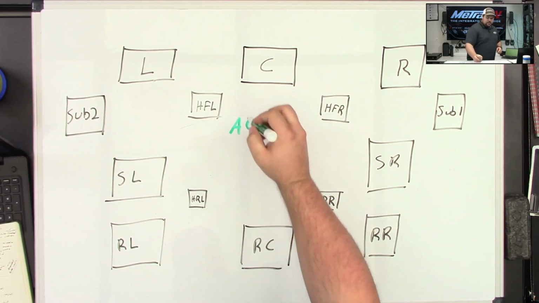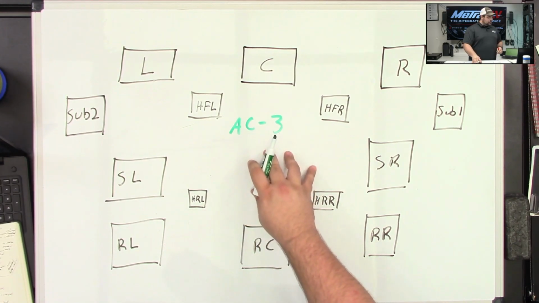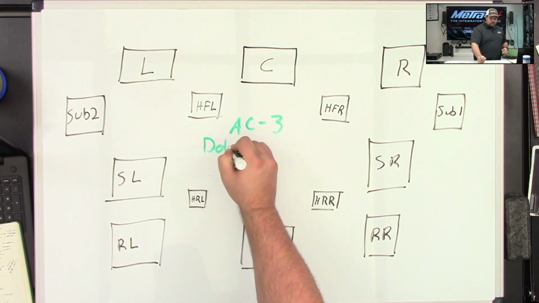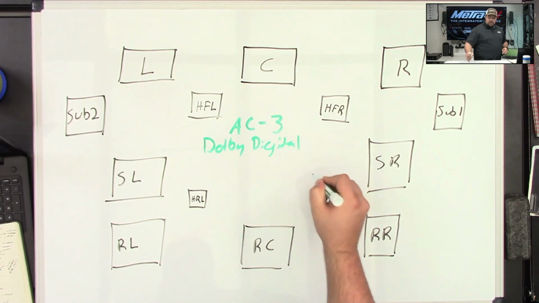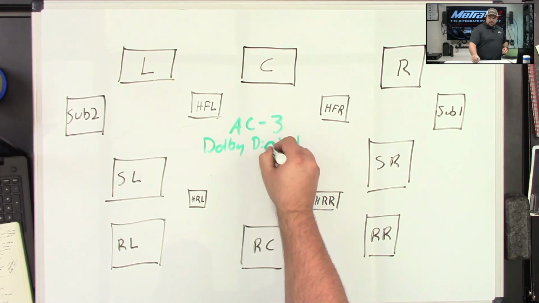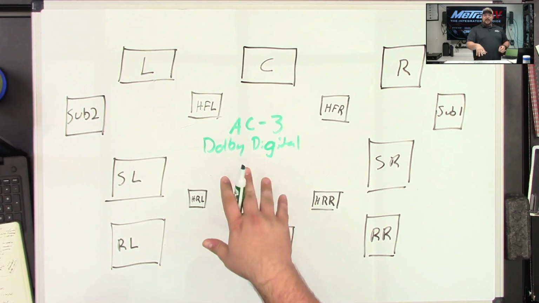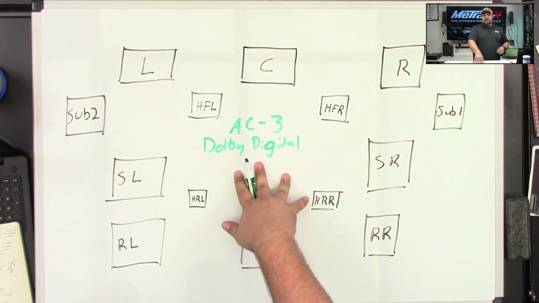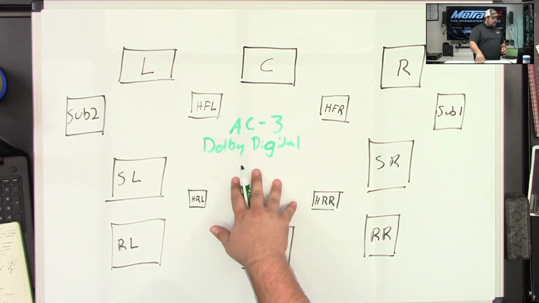So AC3 was Dolby's first real step into something beside Dolby Pro Logic. So AC3 actually became Dolby Digital. And again, I may be wrong about this, guys. Please let me know down in the comments if I am. This is just me doing my own research on this, because I unfortunately grew up just after all of this was happening, and so I missed out on a lot of what's happening here. So if I missed something or describe it incorrectly, please let me know down in the comments.